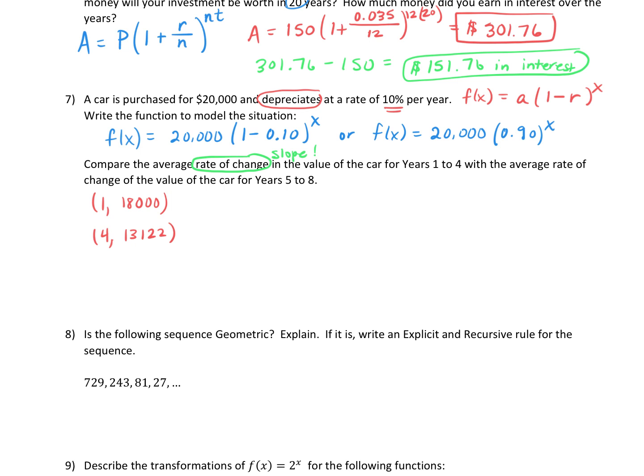All right, I'm also going to go ahead and get the ordered pairs for the other interval, the years from 5 to 8. So when we have 5 years, the value of the car is 11,810. Again, you can plug a 5 into the x of your function, or just look at a table of values. That's what I'm doing. I've got my calculator in my hand, and I'm just going through the table of values, pulling out these amounts that we need. All right, so after 8 years, the value will be